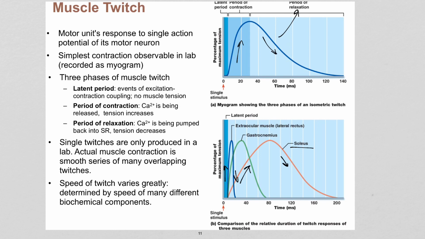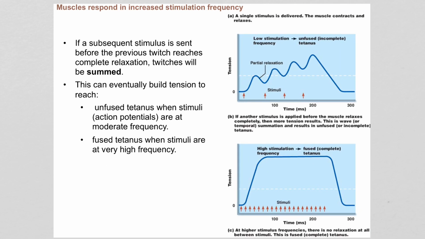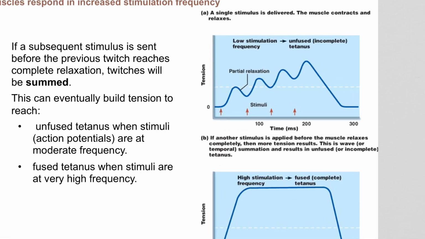Like I said, this is a lab setting. You would never see a single, all by itself, action potential in a living person. And so what happens when you send multiple action potentials in a row? Well, you increase frequency. And this graph is showing you that if frequency gets high enough,